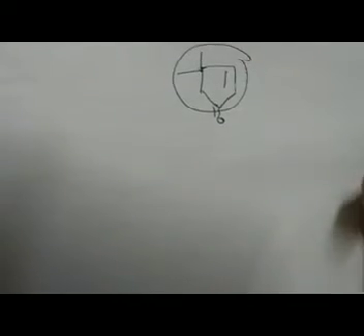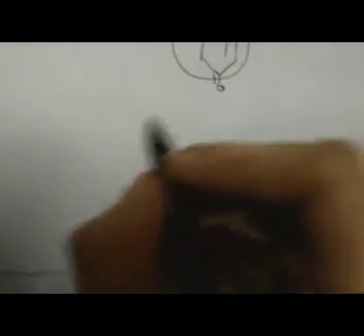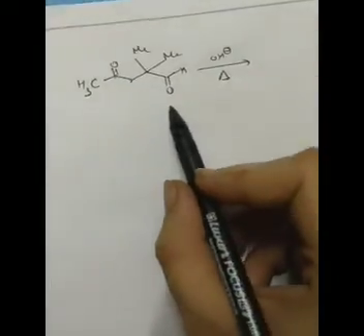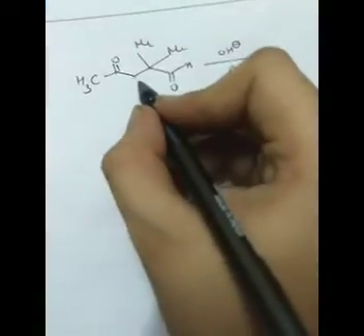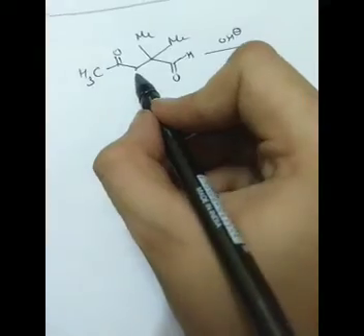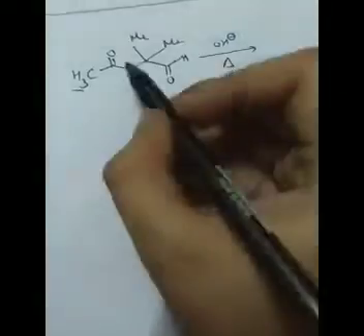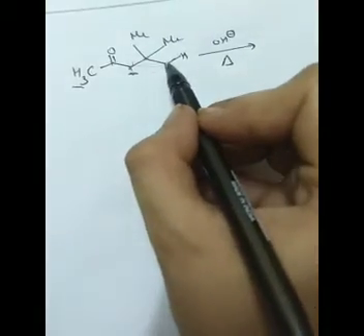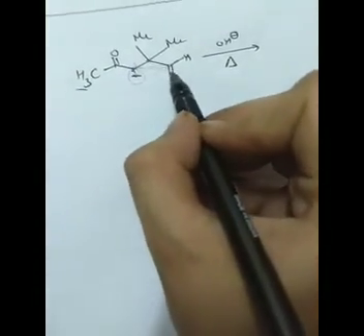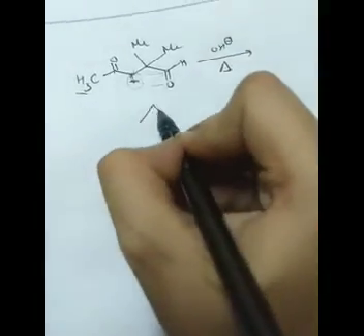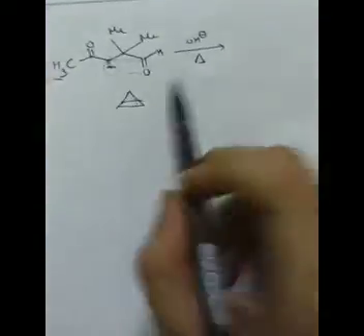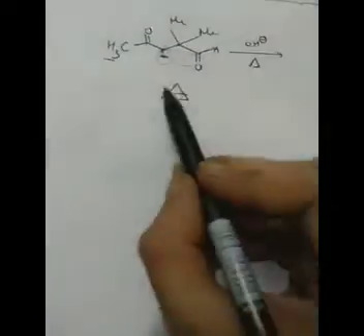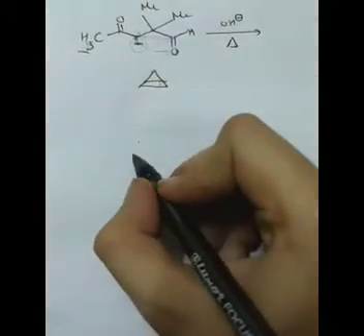Again, it is very tough to follow the mechanism while you are sitting in any entrance exam, right? So let's see what we can do. That's the question. So what will we do? We will just see. The proton can be abstracted from either here or here, right? And as I said before, if two hydrogens and one oxygen are removed from here, a cyclopropane type ring will be formed, which will be less stable. So the proton will be abstracted from here. So you don't have to do anything.